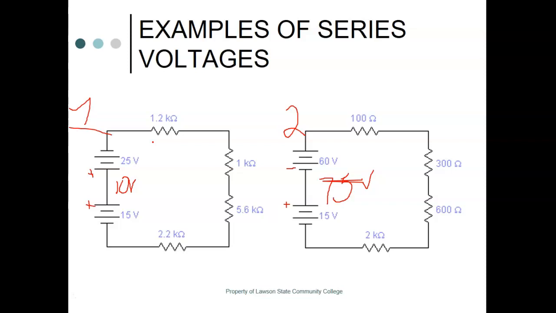This is a way to get down to only 10 volts. Otherwise, if you need more voltage, you can do a series aiding versus series opposing. And you can get up to, in this case, 75 volts. Okay. All right, so I